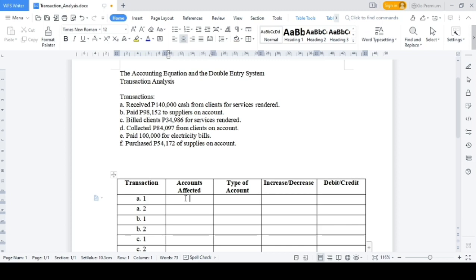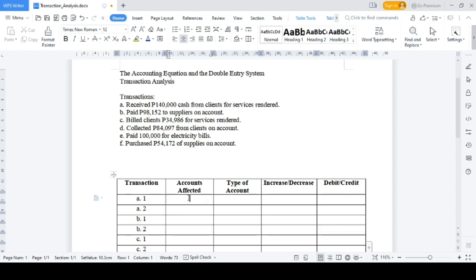So we have the assets, liability, income or equity. That will go to the type of account. For accounts affected, they are the specific ones. Like for example, assets, let's say cash, accounts receivable, supplies, and others. For liability, accounts payable, notes payable, things like that. Okay, so for A, received cash, which means that the accounts affected for A are cash and service